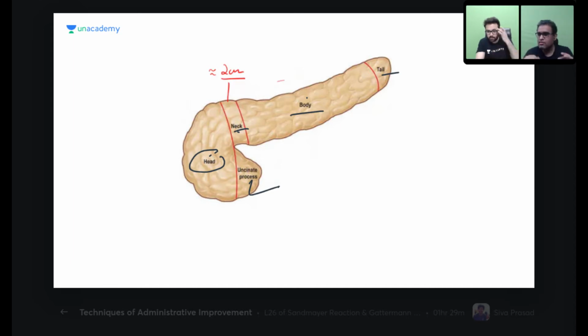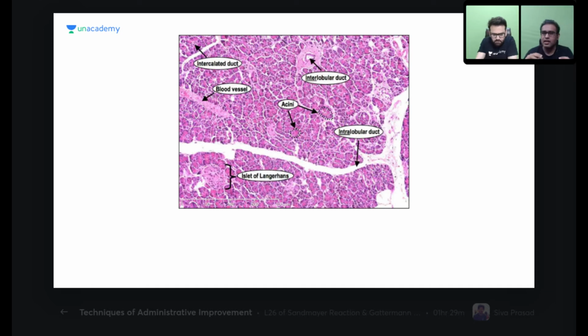Okay, so this was our little bit of general features. Then we'll look at a little bit of its histological slide, then move to the physiology part. Now, as we know, 98% exocrine, 2% endocrine. So here we can see the acini. Now, exocrine, keep it very simple. Exocrine means a secretory part and a collecting part. Secretory part by the acini, collecting part by the ducts. Now, the names of the ducts: the smaller ducts are known as intercalated and striated ducts, and subsequently they will increase in size as intralobular or interlobular ducts. So that's the same simple thing. Exocrine has acini and ducts.